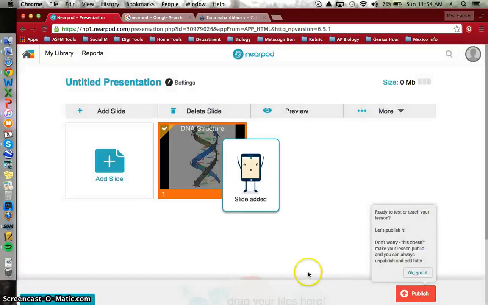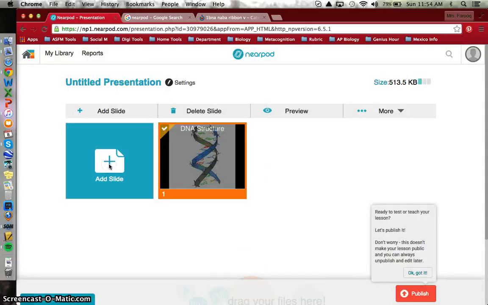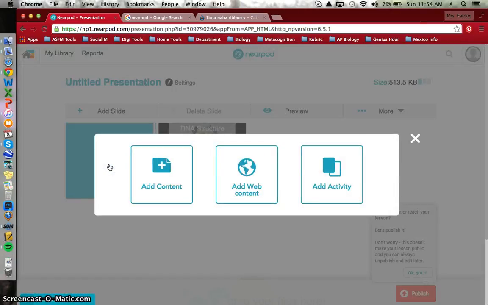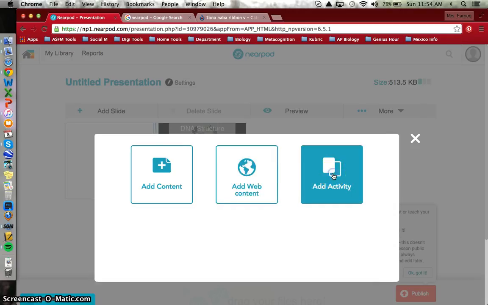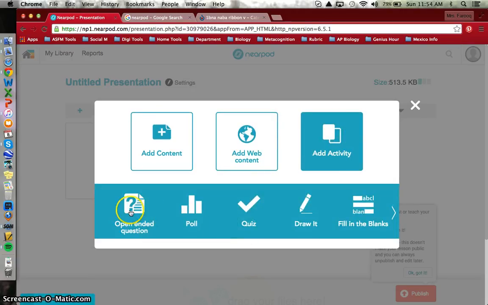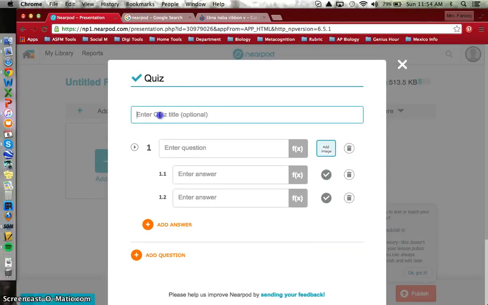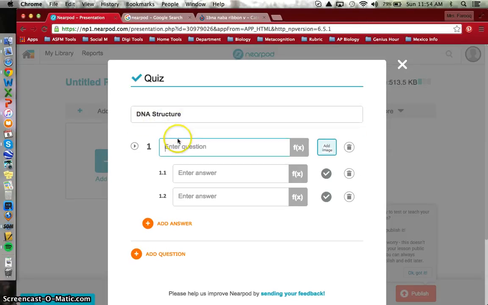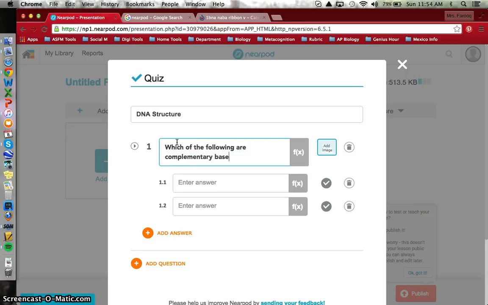It gets different when you can add a slide that is an activity. And you can ask an open-ended question, a poll, you can get the students to draw. So for example, if I want to see if my students remember the structure of DNA, I can ask which of the following complementary base pairs